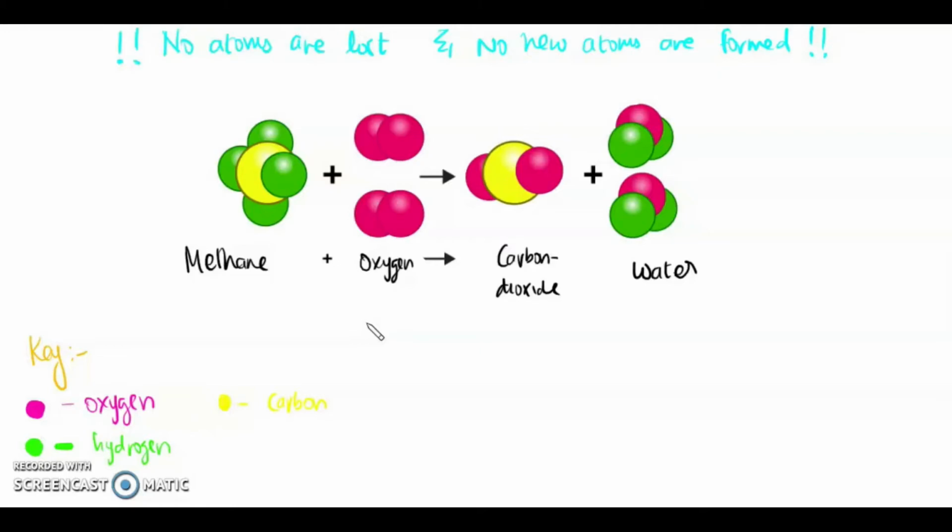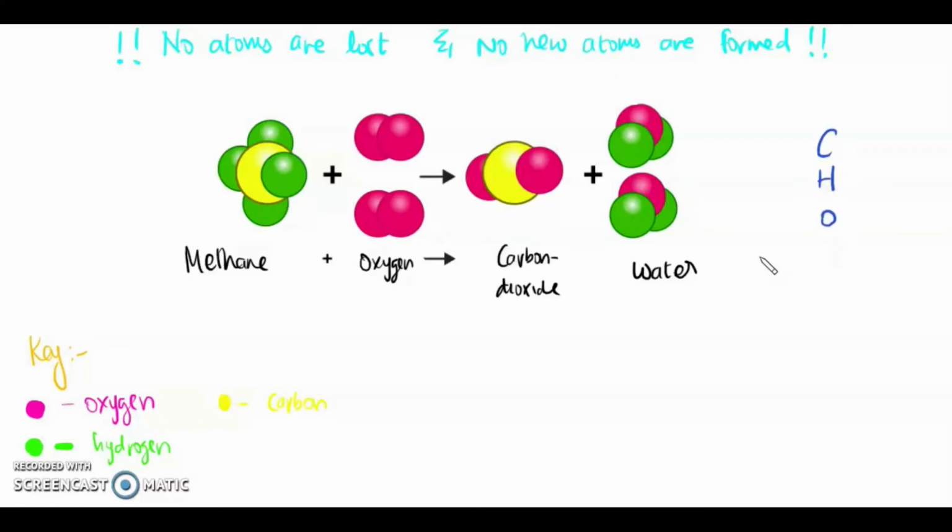The final thing that I want to look at is rearranging atoms. During a chemical reaction, the atoms in the reactants rearrange to form the products. Let's see what that means in more detail. In this reaction, we have methane reacting with oxygen to give us carbon dioxide and water. So our products are water and carbon dioxide, and our reactants are methane and oxygen. Using the key below, you can see that the atoms in pink are oxygen, atoms in green are shown as hydrogen, and atoms in yellow are carbon. So the only atoms that we have in this reaction are carbon, hydrogen, and oxygen,